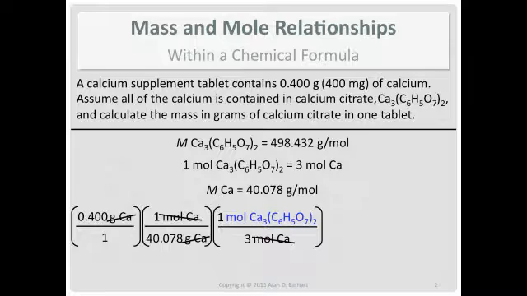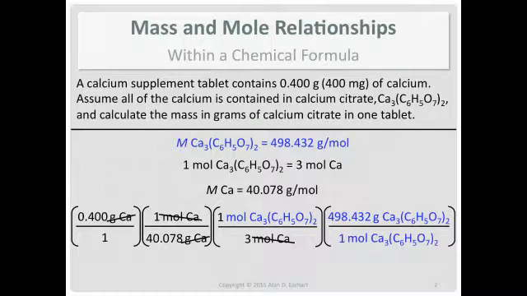Remind me, what are we looking for when we're done? Oh yeah, mass of calcium citrate. Oh, we have moles of that. How do we go from moles to grams? Well, let's use the molar mass. And are we going to go grams over moles or moles over grams? We're going grams over moles. So we can have grams of calcium citrate when I'm done. And see the way I put the units in there? To be very clear all the way through each step of the problem.